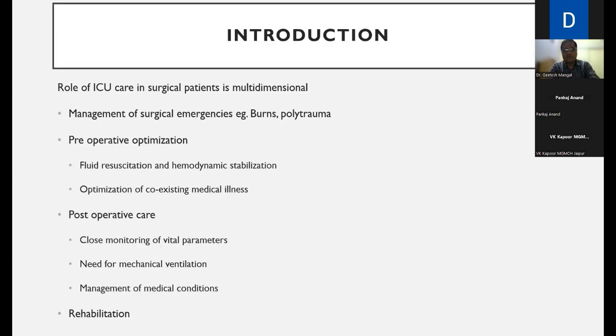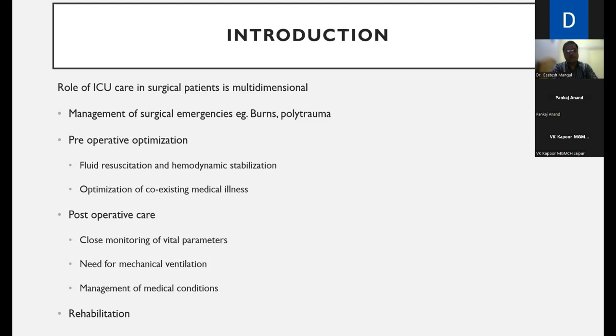So, the role of ICU care in surgical patients is multidimensional. As Dr. Zaveri has already pointed out, critical care is a process and it is not a place. So, the role of ICU comes into management of surgical emergencies like burns, polytraumas, pancreatitis, many more, hemorrhagic shock, hemorrhages, bleeding from any cause, GI bleed, and many more. Then there is the role of